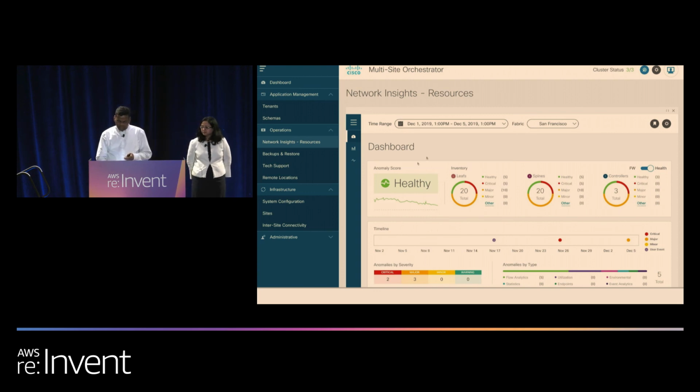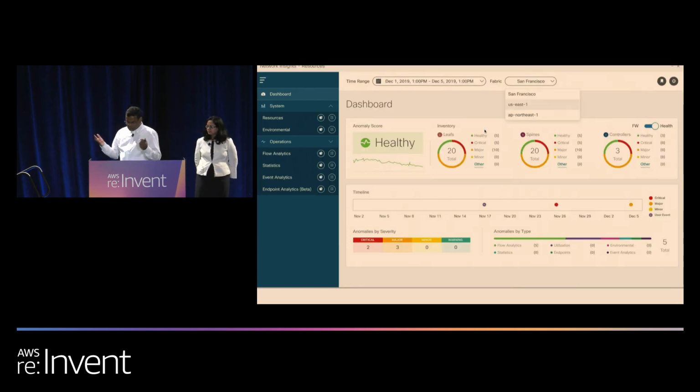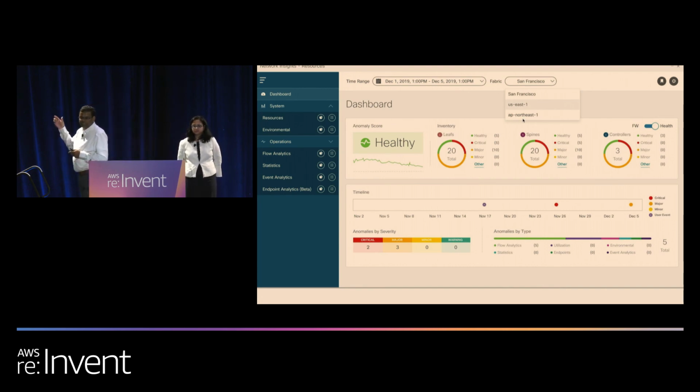So I've launched my Network Insights resources. I can zoom in just to make it easier. I can see all the sites that are registered by the Multi-Site Orchestrator. I can select any of the sites to see the specific resources, and then I can see all the anomaly detections in this case. How we run this anomaly detection: we run a bunch of different algorithms, trying to find out if we see any correlation between on-premises and the cloud. We pinpoint by giving you an anomaly score, and then we tell you exactly where the problem is. We'll always try to give you the best options, not only to find the problem but also to remediate it. And that is where its value prop is.